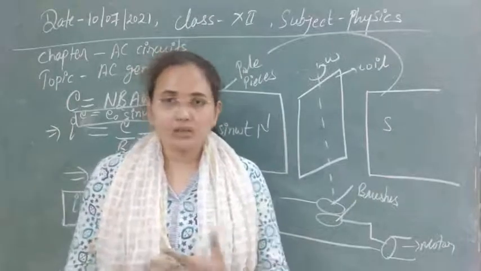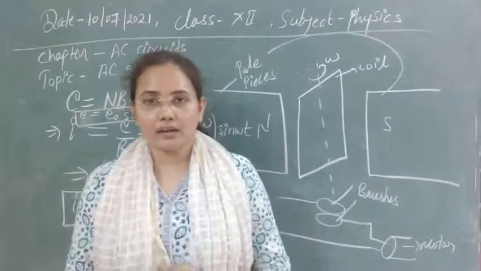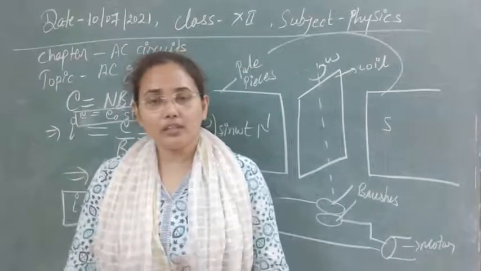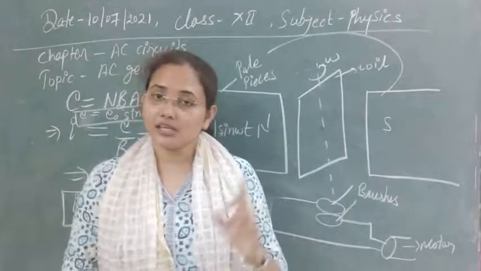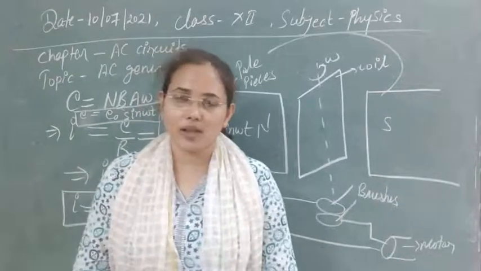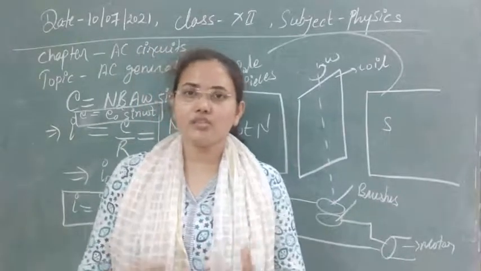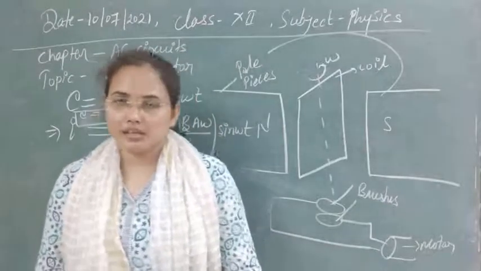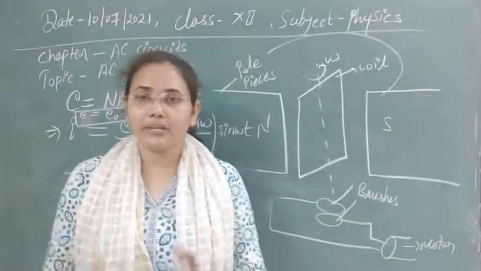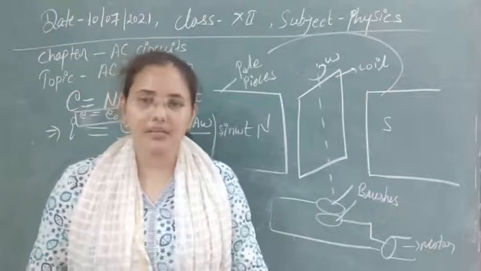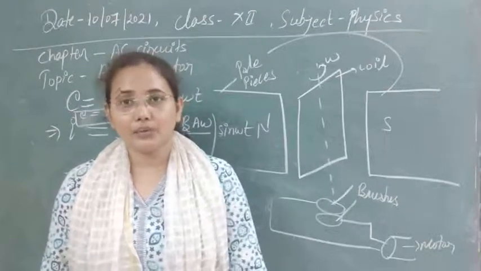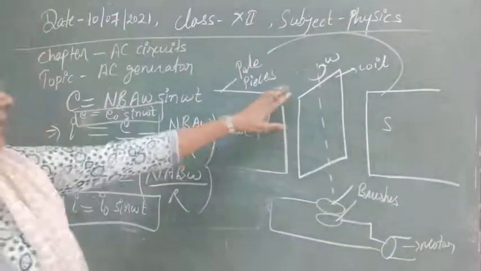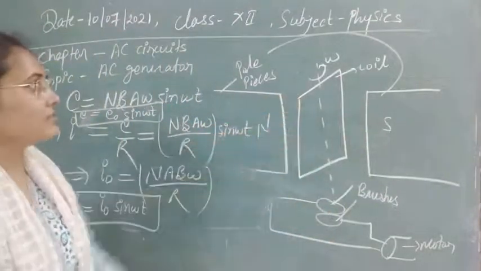So in all the processes, one thing is common: we are producing alternating current and potential, and for the production of alternating current and potential you have to change the orientation of the coil. So for that we are always using rotating drums. So students, I think the brief about the other electric supplies that we use for production methods is now clear. Let's now come to our basic topic that we are studying here.